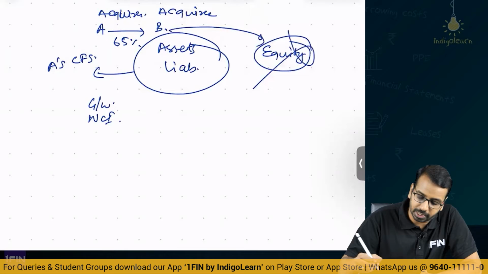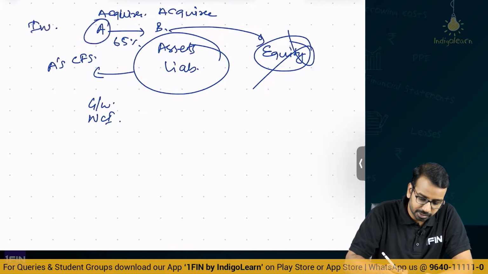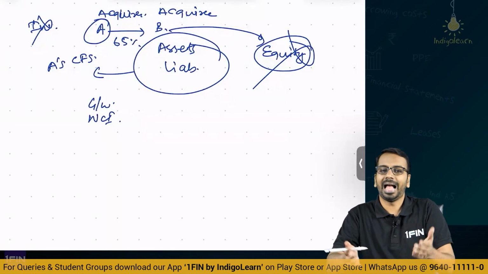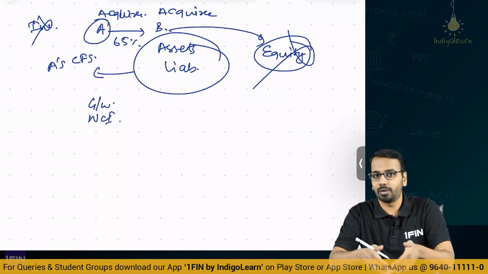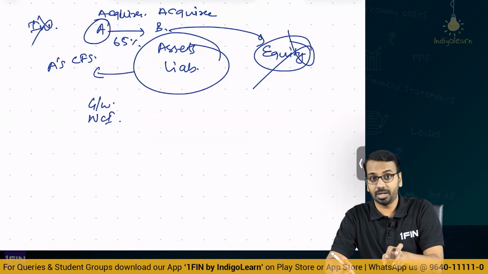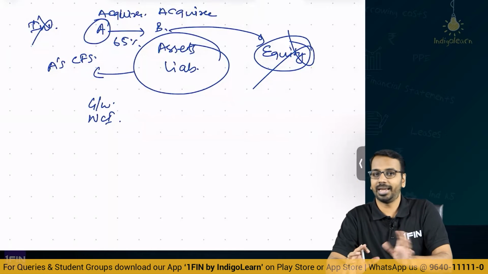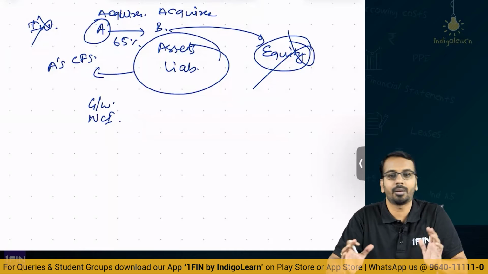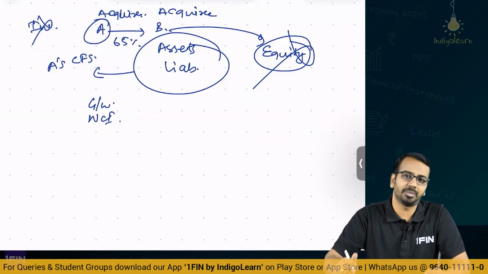Equity of B you will not consider, and in A's balance sheet if you have investment, this will not be considered. This we will understand in much more detail when we take up a problem, and if you are watching this revision lecture and preparing for the final examination, you would already be aware of that. What you will do is, we will not take investments in the subsidiary, and we will not take the equity of the subsidiary, they get knocked off. We will show the goodwill and we will show the NCI, and then we will prepare the combined balance sheet. Just add line by line all the assets, all the liabilities, and that will be done.